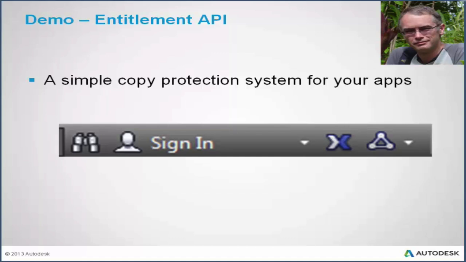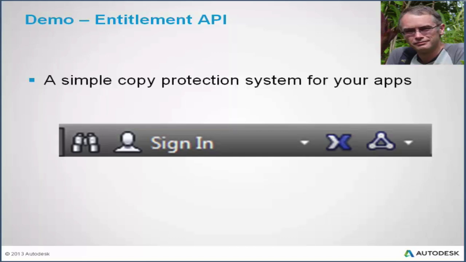One of the big concerns that certain publishers have had is that someone could buy my app and just give it to all of his friends, and without a copy protection system, I can't stop that. So this is a way that you can make sure that the person who has downloaded your app, even if it's a free app, you may have reasons for wanting people to download it themselves. It will check